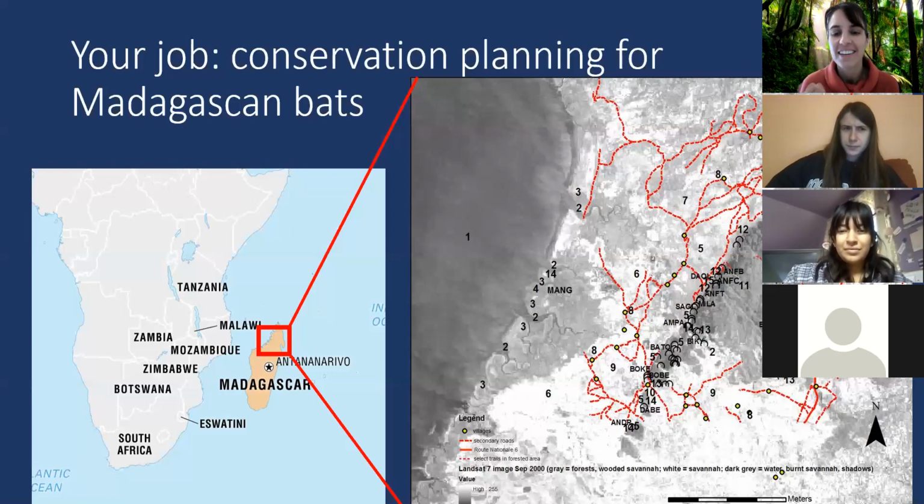This is a terrible description. But I went back and read the original paper, and what it means is when you see white and there's gray spots in it, that's burnt savanna. So the savanna is the white, the gray is the forest, and all the little gray dots in the white are places where they've burned for agriculture. Okay, so